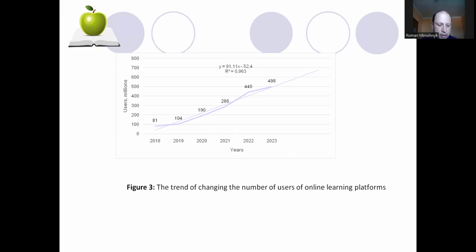Taking into account the equation of the trend line and the value of the correlation coefficient, which is close to 1, it is possible to predict the number of users in the near future. Thus, in 2024, the forecast value of the number of education online platform users will be 585 million users, and in 2025,